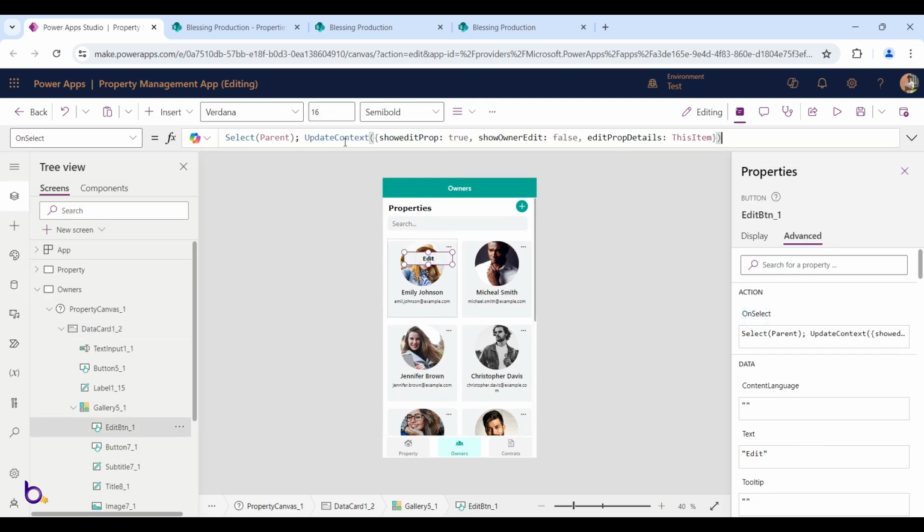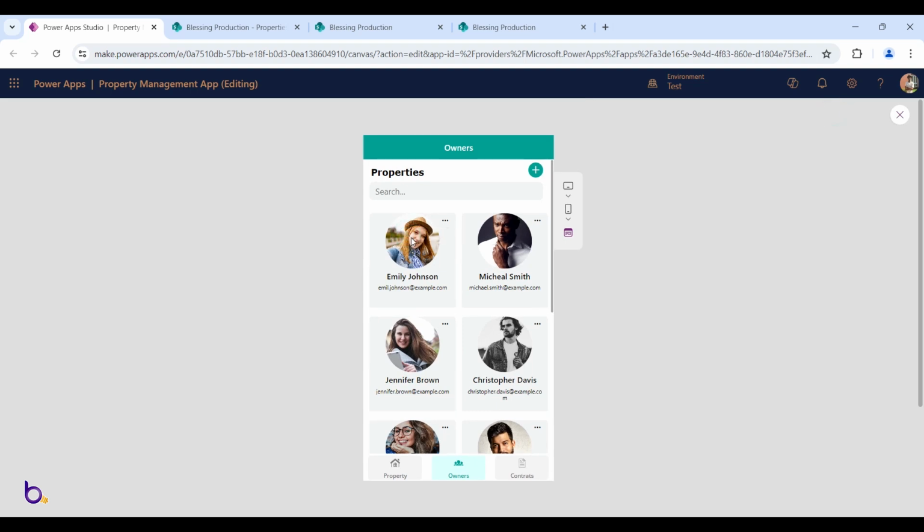So on select of this, that's show edit property. This edit property, we change it to show edit owner so that we know what variable we are calling. So I'm changing this. Okay, this is different. Yeah, edit property details. Okay, this is the variable that picks the details of the property. So edit property details should be edit owner details. Okay, and when you click on it, it picks that value and opens